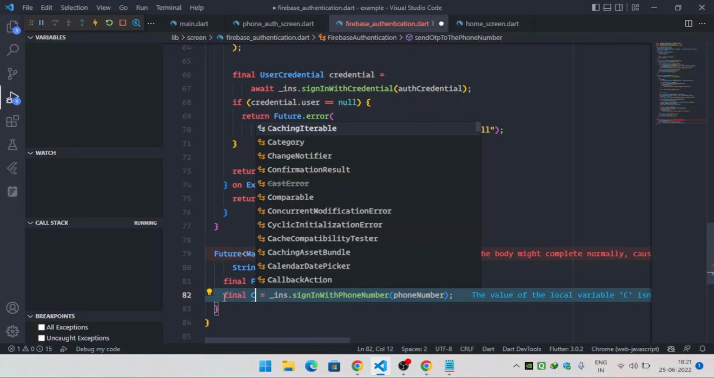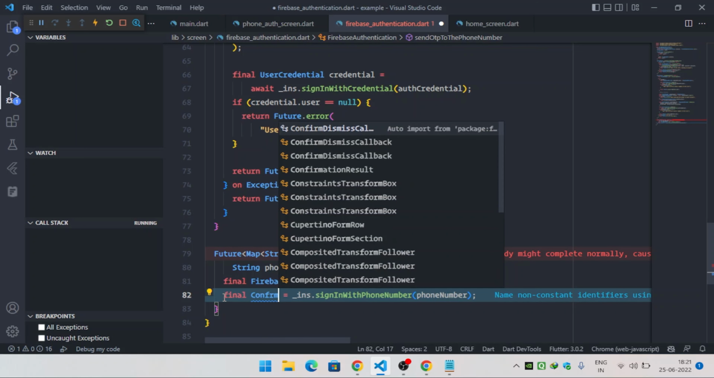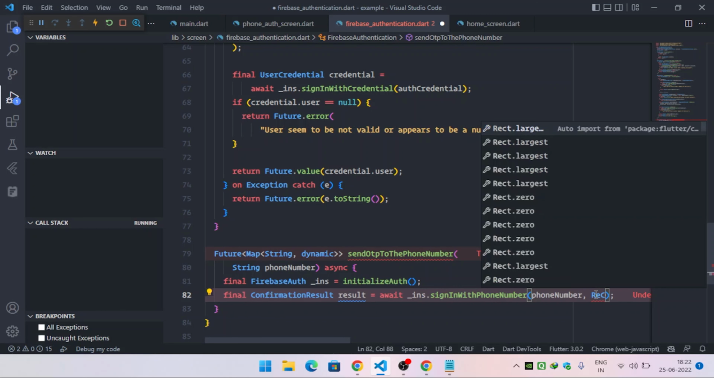We will hold this instance inside a ConfirmationResult variable, and I will call it result. Then make sure you have added the await because it is a Future function. We only need the ConfirmationResult, not the Future. That's why we need to use the await. And inside this signInWithPhoneNumber, we need to override the reCAPTCHA verification. So I will pass the reCAPTCHA instance,